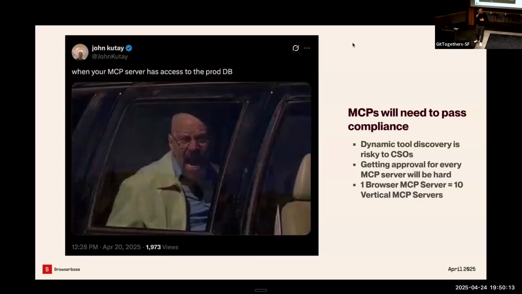It's like onboarding new software. If you've bought software in enterprise before, going through procurement sucks, right? You have to get all this information. And I think these horizontal MCP servers might actually have an opportunity here, because instead of buying 10 vertical AI MCP servers, you can just buy one horizontal and do your procurement once.